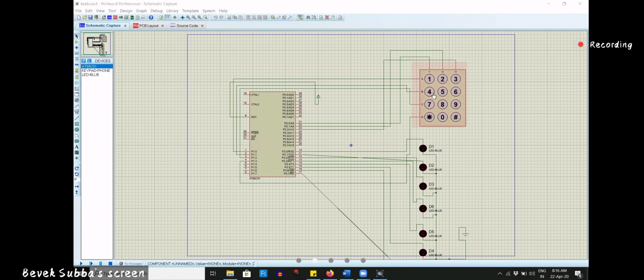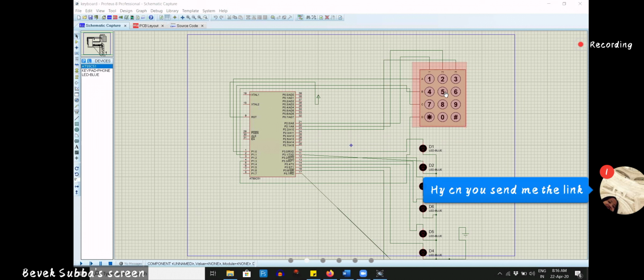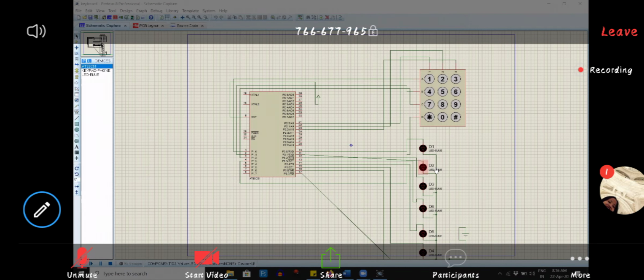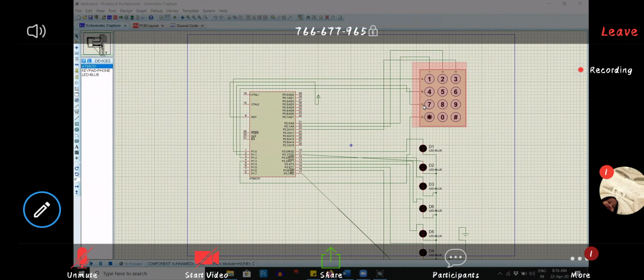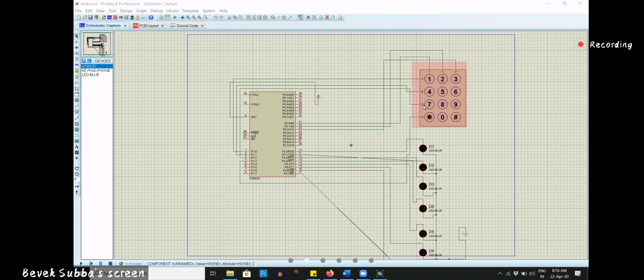So let's say this is a keypad, okay. This is my keypad, and this is my 8051 microcontroller, and this is my LEDs, okay. So whenever I click any number, the ASCII number will be shown in the LED. This LED are the outputs. This keypad is an input, okay. Are you getting? See this,